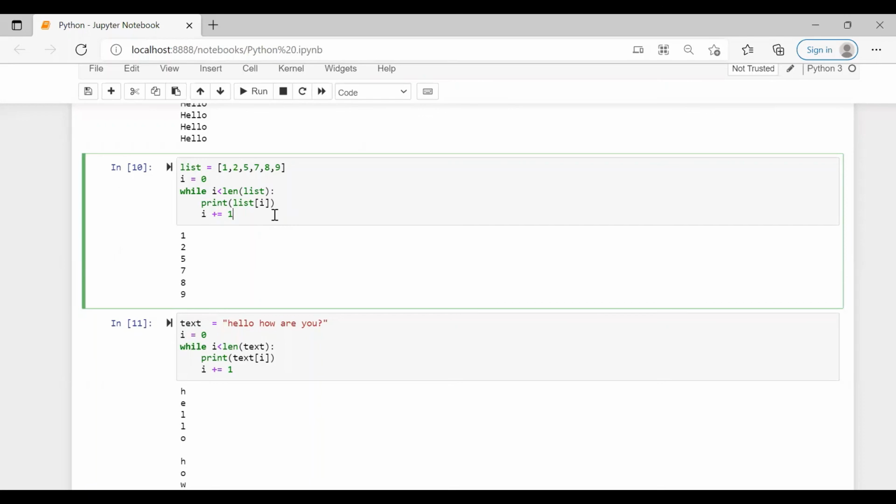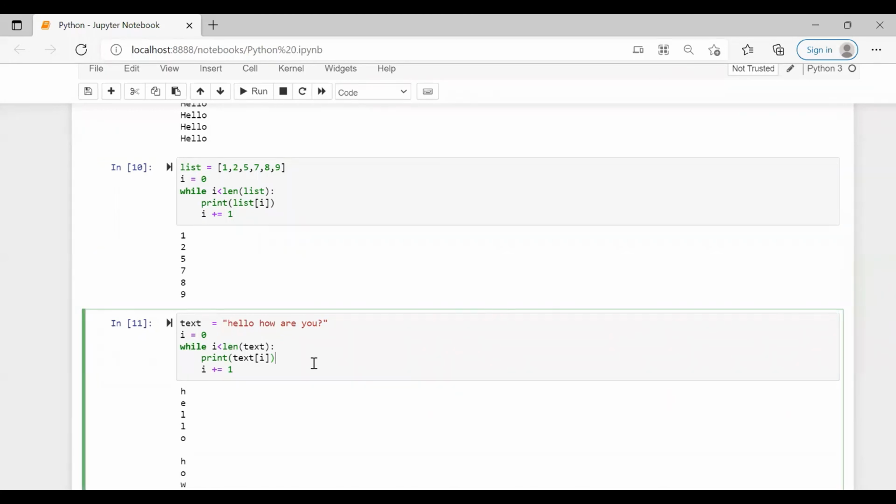So that is the while loop. We have studied and learned about for, if, and while. For is used for iteration, and while executes the set of statements as long as the condition is satisfied. So these are the three loops we have, and this is how we can use them